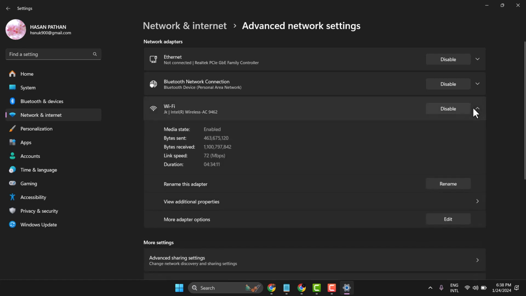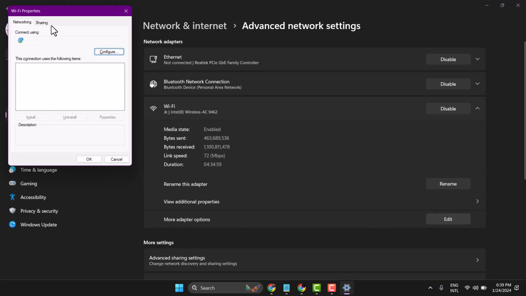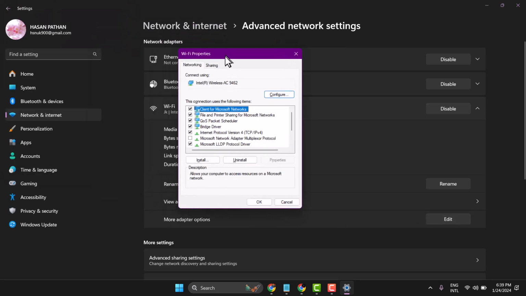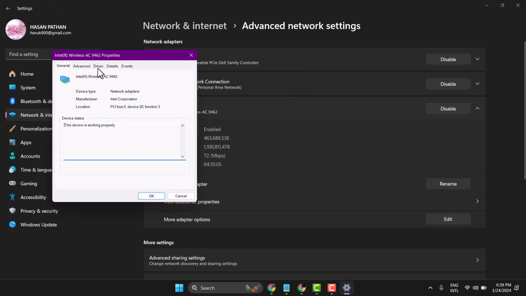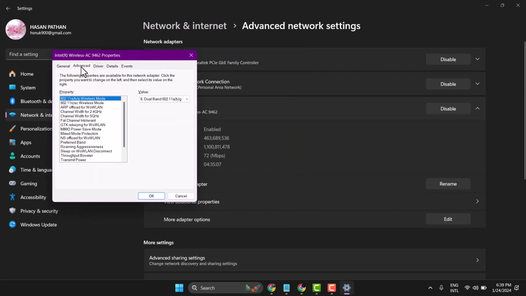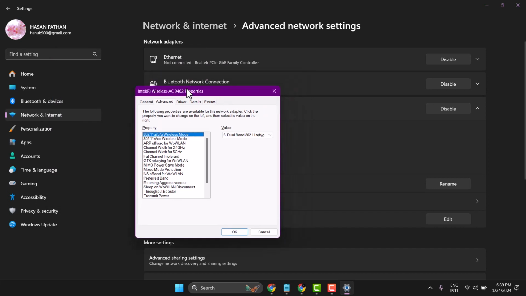Now click here. Now here click on More adapter options. Then here click on Configure, Advanced. In Advanced, select here Preferred Band